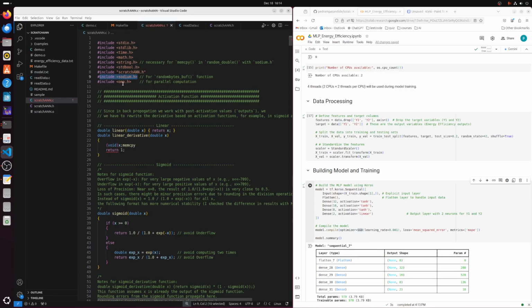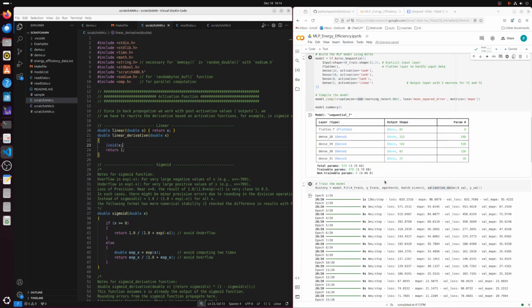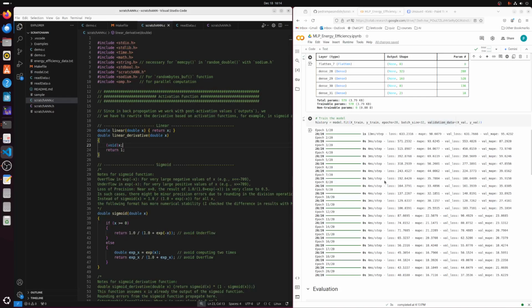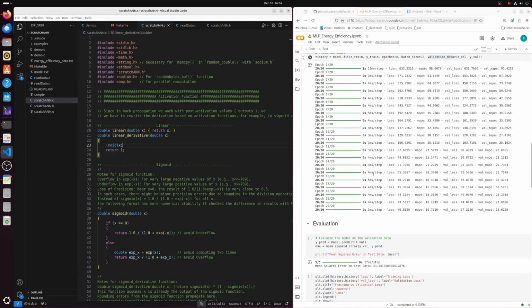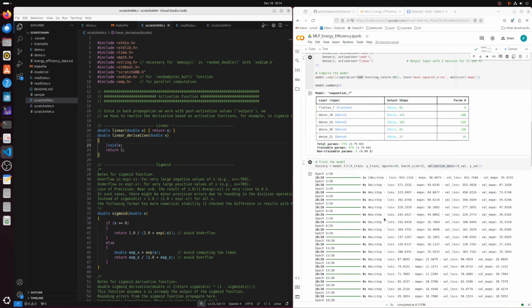This library is quite efficient in terms of giving you a random number. It's also used in cryptocurrency, where you need highly efficient random values. There's no other reason I see, but let me know if you figure out why scratchANN at this particular point is working better than